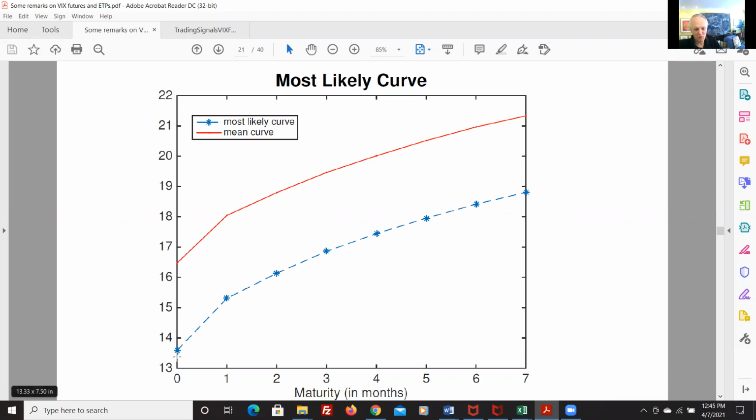The most likely curve, if you put all the contracts, is contango, that means it's increasing, but it's much less than the average, which means that this is actually the boring state. This is the average of what happens over a certain period of time. So you see that most of the time the markets are quiet,